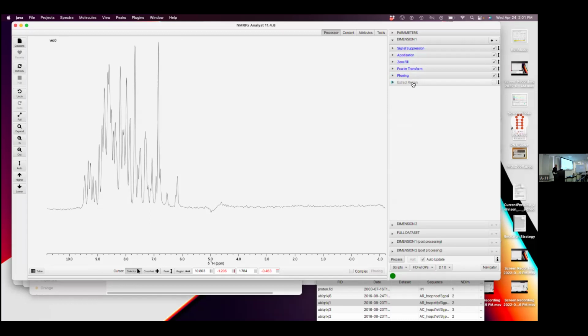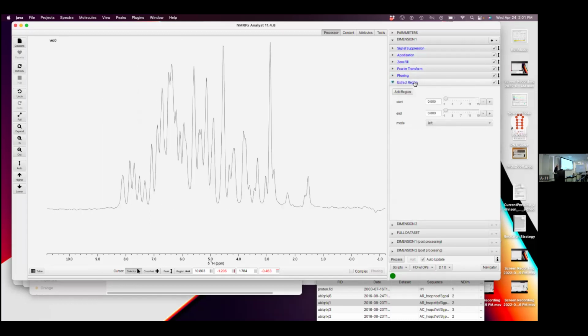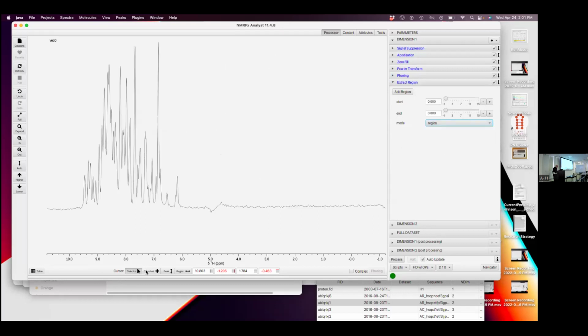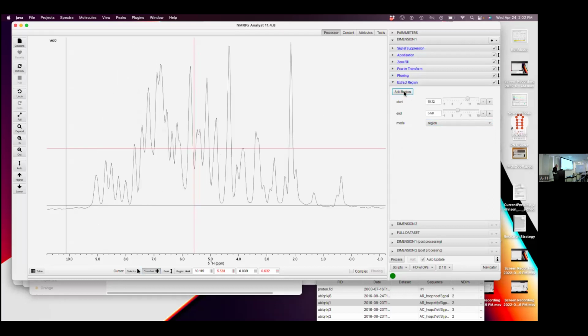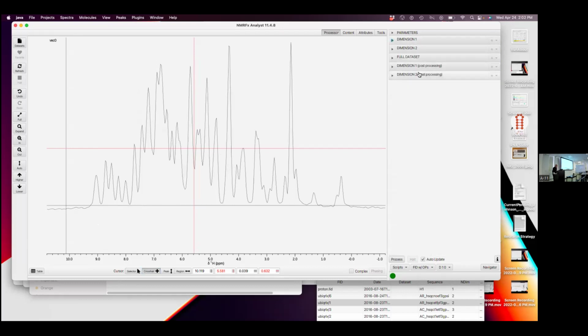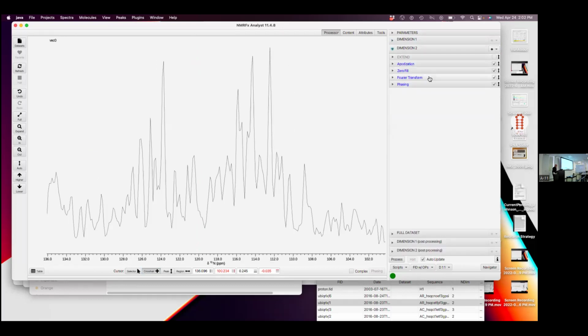So I also add in an extract. As a default, we can open that up and turn it on. So now we've extracted the left side of the data set. We can be more explicit. We can actually put up the region, go to our crosshairs and set the crosshairs at specific places, and then say add region. And now it's explicitly put in the PPMs, the start and end. So that's dimension one. Dimension two, basically,